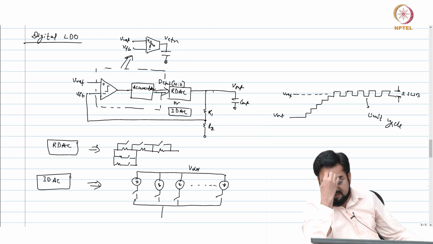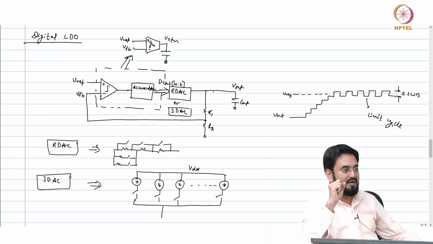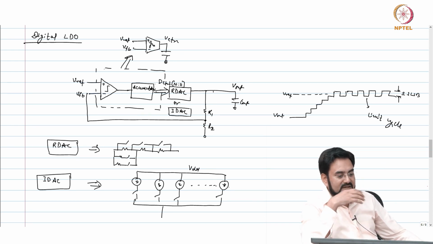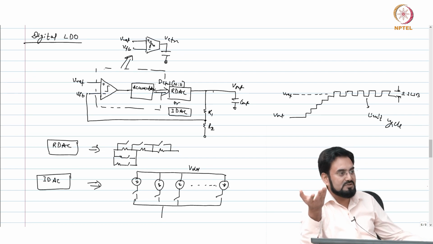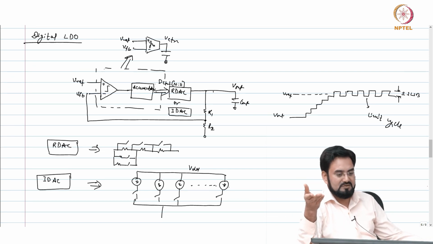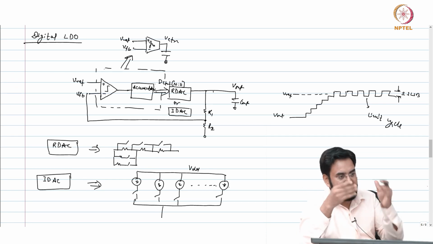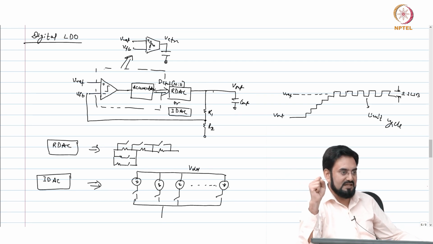That is why you have to make sure your output pole is outside your accumulator bandwidth, which means the update rate of the accumulator should be much slower than the RC time constant of the output, and we know that it usually takes 4 to 5 taus to settle the output, nearly 100%. So you have to wait for 5 tau. You know what the output pole is, and you should at least wait for 5 tau before you update the accumulator, because otherwise it will increase your limit cycle oscillations.